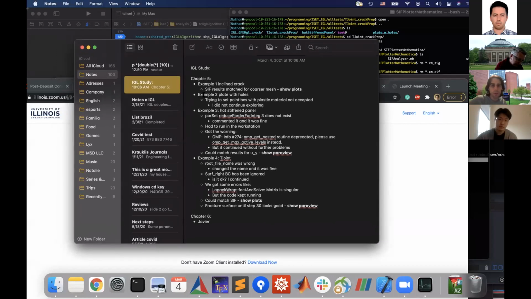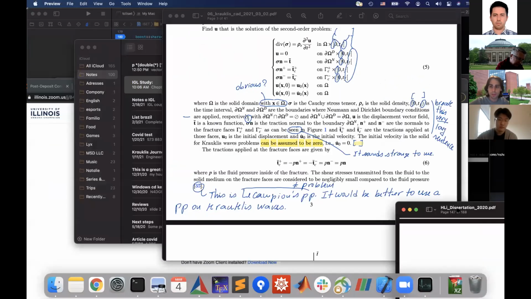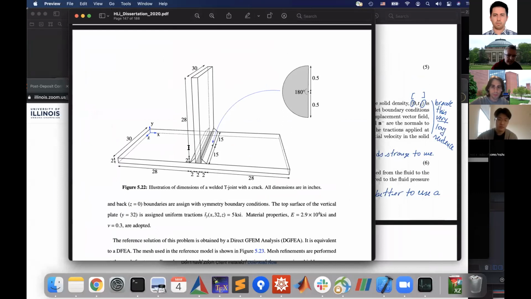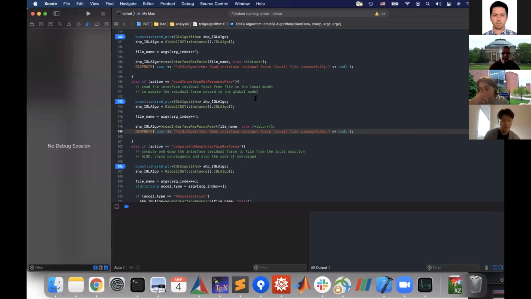So I tried to run the plate with holes from your thesis. This is example 2 of chapter 5. This one. And this one has plasticity in it, and the plasticity is, I think, in the mesoscale, the local scale. And what happened? I'm using the code that you uploaded to the workstation. And when I did that,